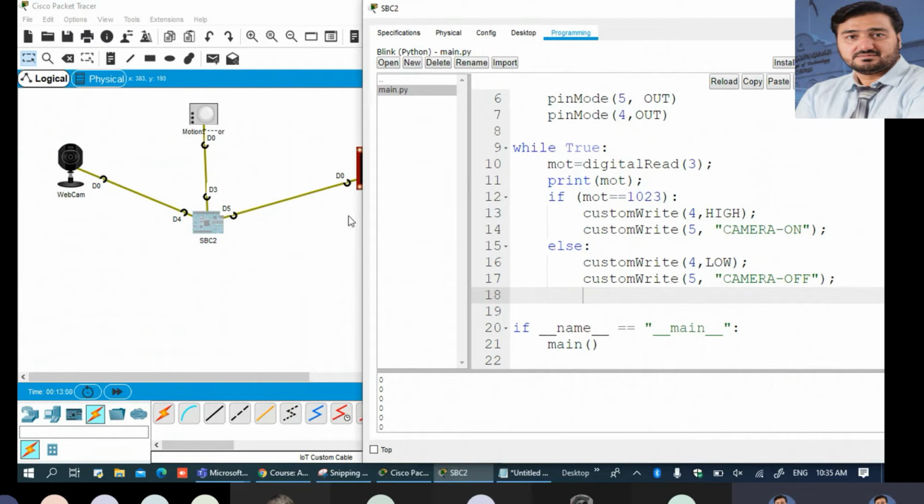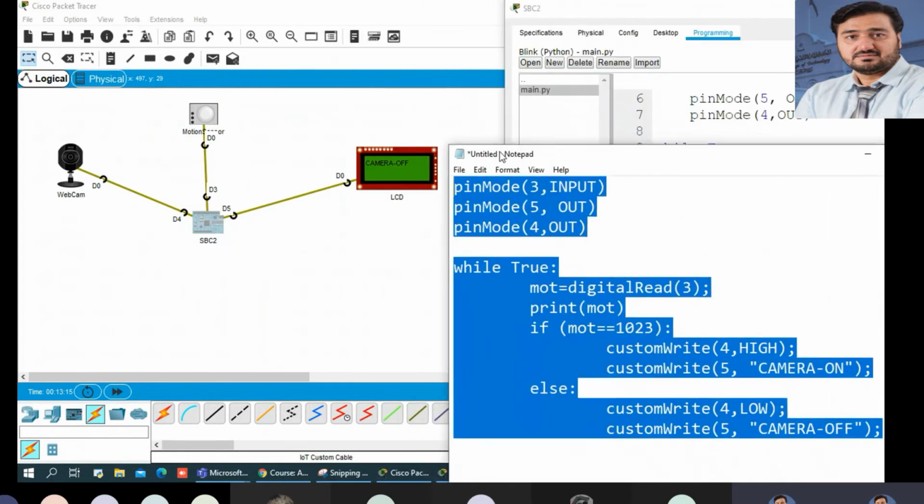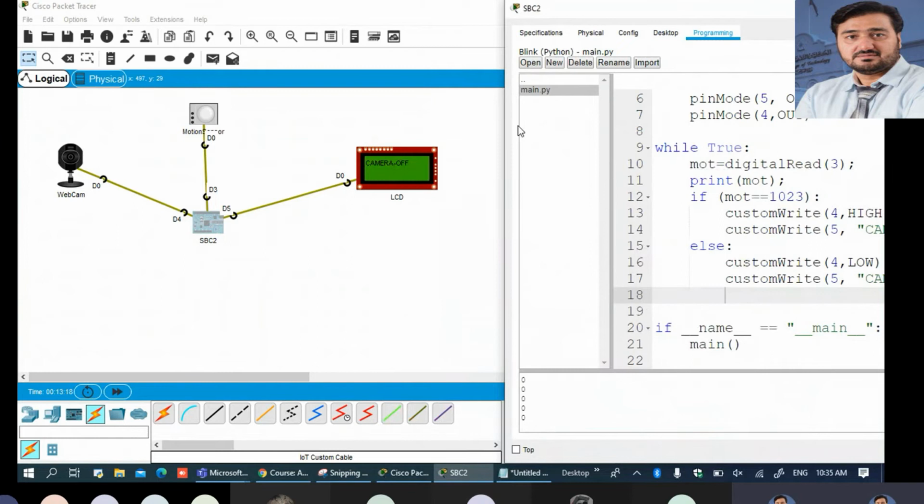It will monitor the value. Just press the alt key. All of you, please press the alt key, bring it to your motion sensor. After some time you will get some value here. See here, the camera, you can see it is on, and the LCD will display camera on. So press the alt key and see the camera is on. The message is going to be displayed here. You will see camera on. And you can see the camera is off again.